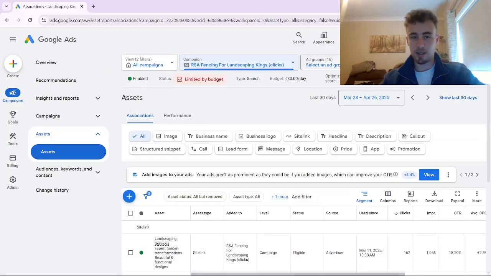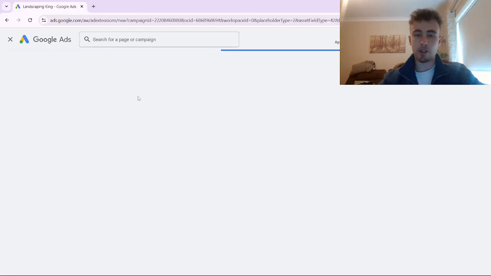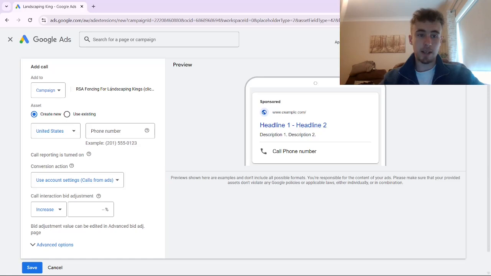And what you want to do inside assets then is come to call. And we just press the blue plus icon then to add a new call asset. And to simply add a call asset or call extension to our campaign, for those of you that don't know,